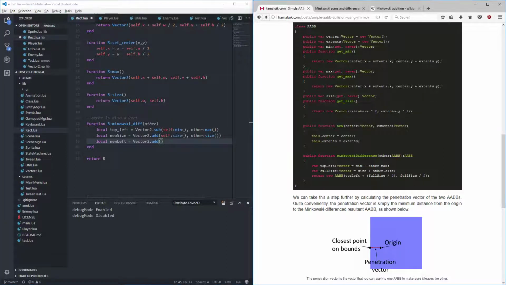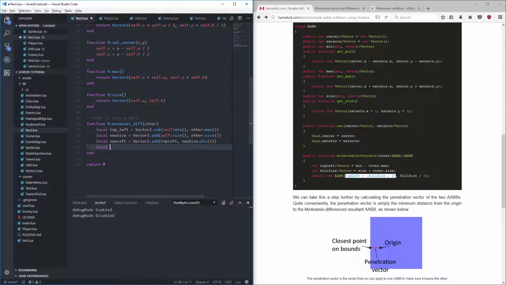Yeah, this will be our new left right here. But we're gonna use that as a separate step. So we're going to add our top left and our new size. So basically what we want is that we're going to divide that by 2. So basically we're going to do half of it. It's almost like going back into the center of it. And then we'll say,